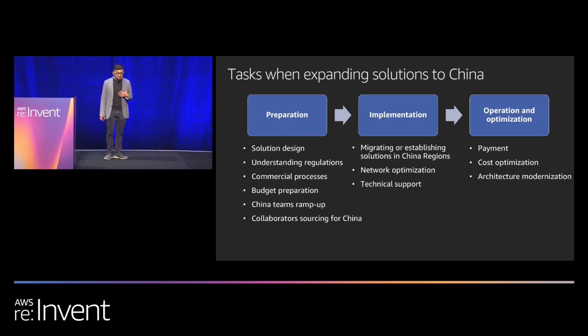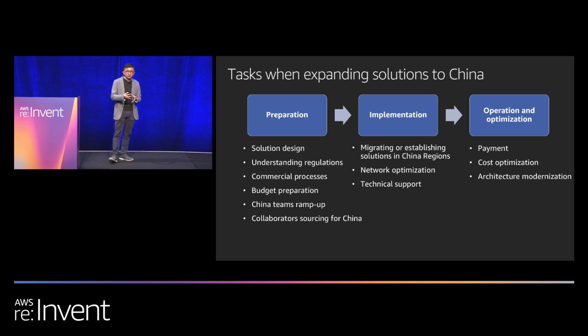Our China team would also help your team in working out how to successfully migrate your solutions, say, running in international regions, into China, knowing that in China there is a very unique networking environment as well. China, as many of you may already know, has a great firewall in place. So the network in and out of China is not as smooth as what you normally get from other countries, for example. But there are ways that we can overcome this, and it is something that we usually do during the implementation phase as well.